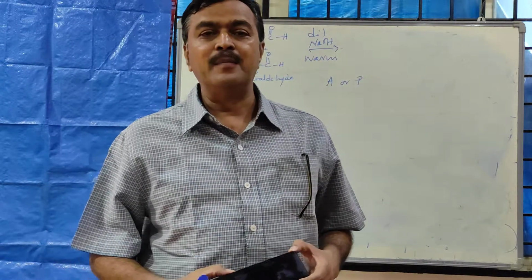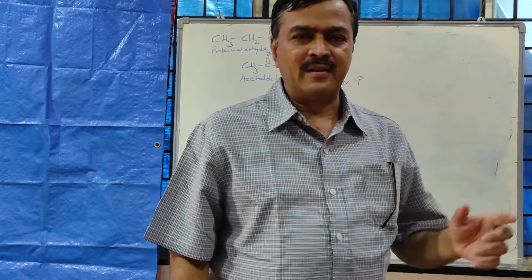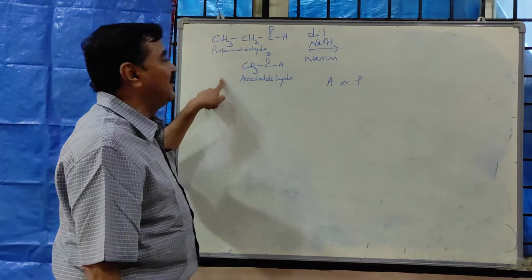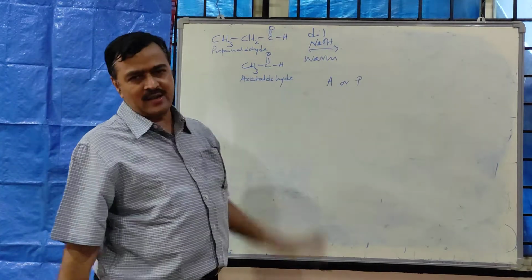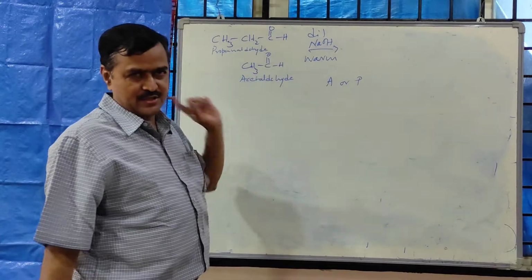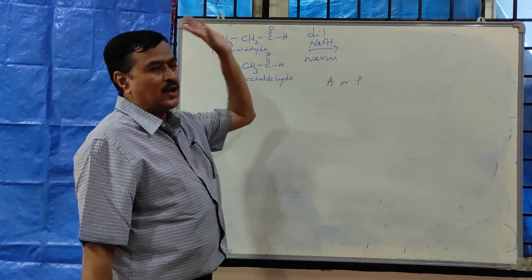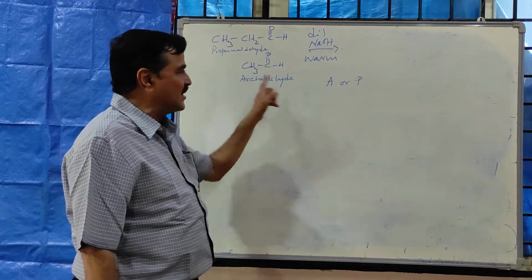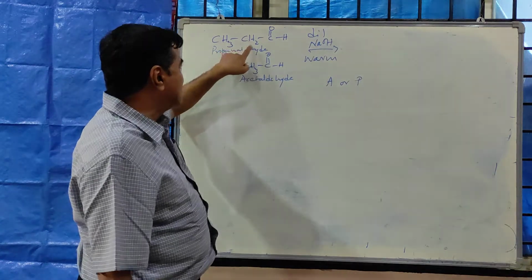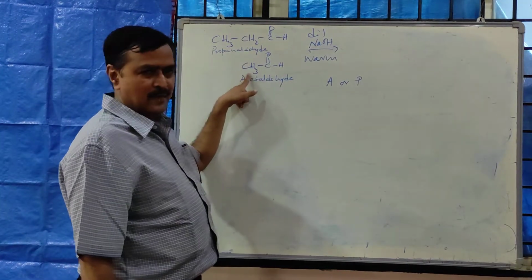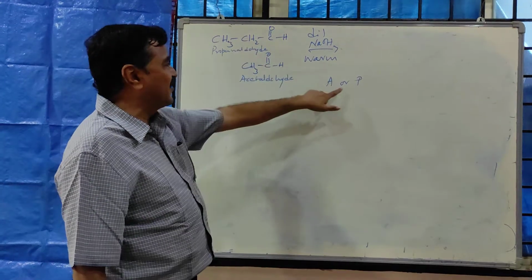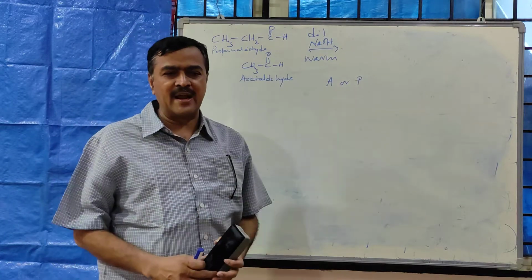Before the break, I asked a question: when propanaldehyde and acetaldehyde are subjected to aldol condensation, I told you that the reaction will occur. At the same time, I asked which one will give hydrogen to the carbonyl. Is it acetaldehyde? If so, write A. Or is it the alpha carbon of propanaldehyde, that is CH2? If it is the alpha carbon of acetaldehyde, write A. If it is the alpha carbon of propanaldehyde, write P. How many of you have written A or P?